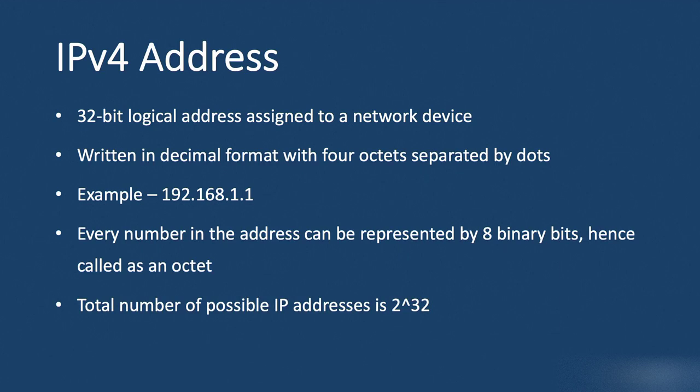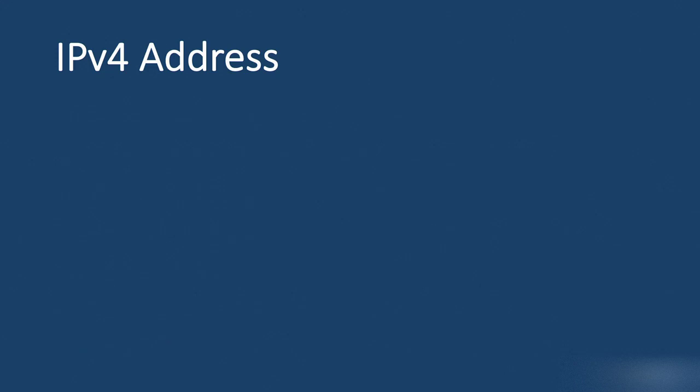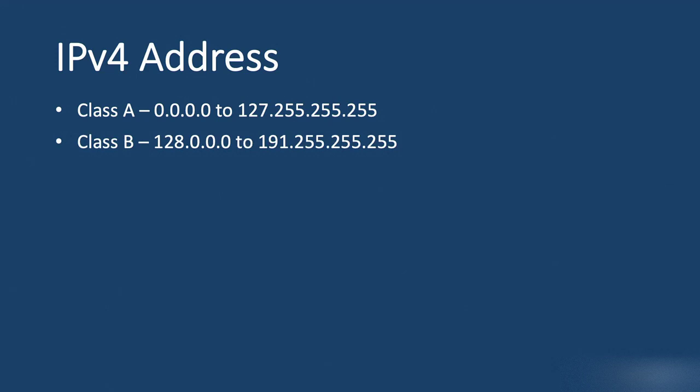An important thing to keep in mind is that not all IP addresses are usable or routable over the internet. There are limitations, or I should say there are restrictions on what IP addresses can be configured on the devices. IP addresses are divided into 5 classes. The first one is called Class A, and the range for that is 0.0.0.0 to 127.255.255.255. Next, we have Class B, which starts from